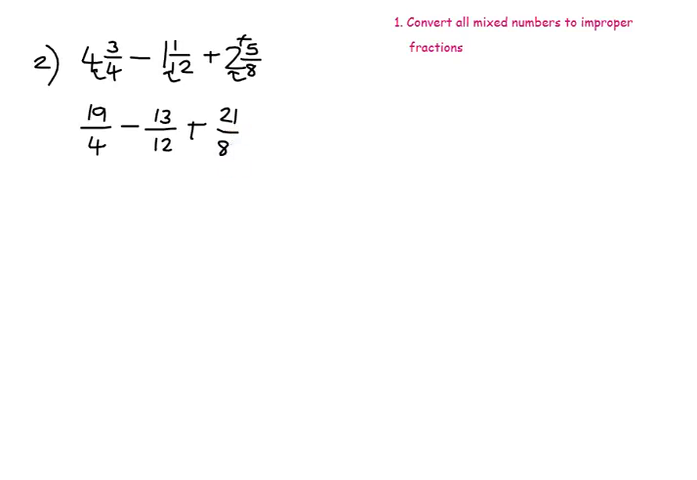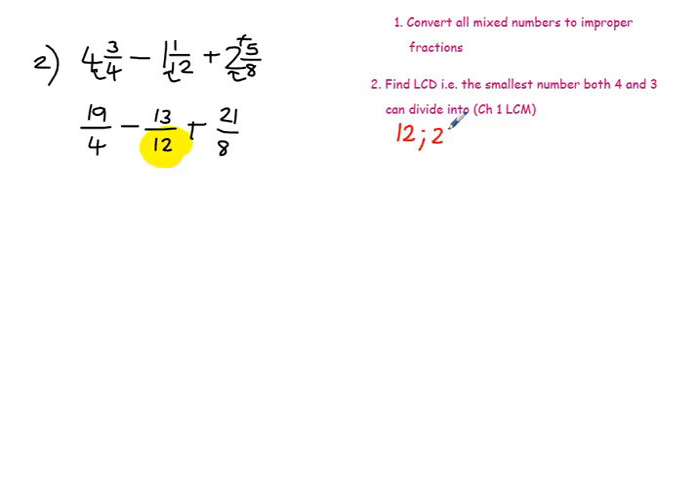Right, the next thing we have to do is find the LCD, the lowest common denominator. Again, we find the LCM. That's what we're actually doing in this case. What we do is we take the biggest number, which is 12. So I would go and write multiples of 12. So 12, 24,